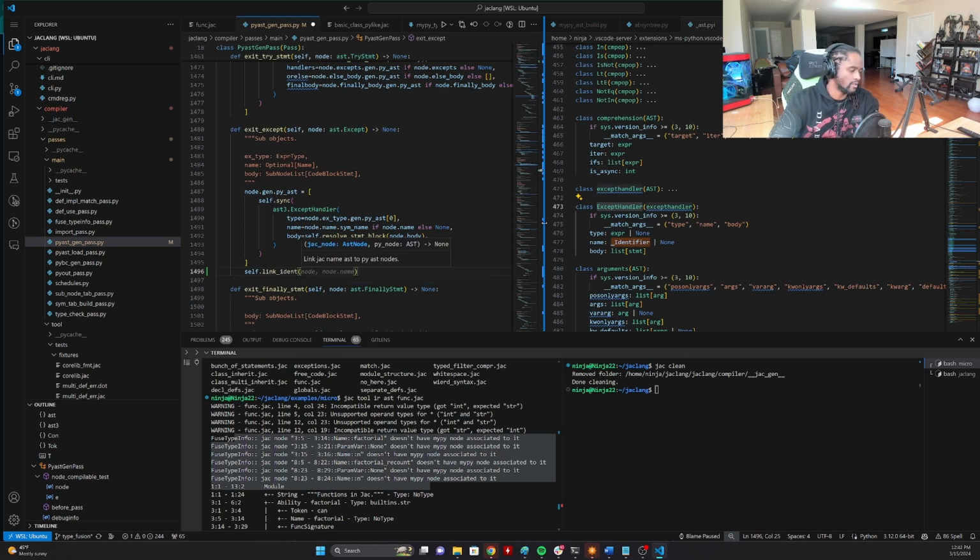I'll leave it this way though for now. I don't know if I like the added function call when it's not necessary. No, that's not right. That's not right. Node.name equals